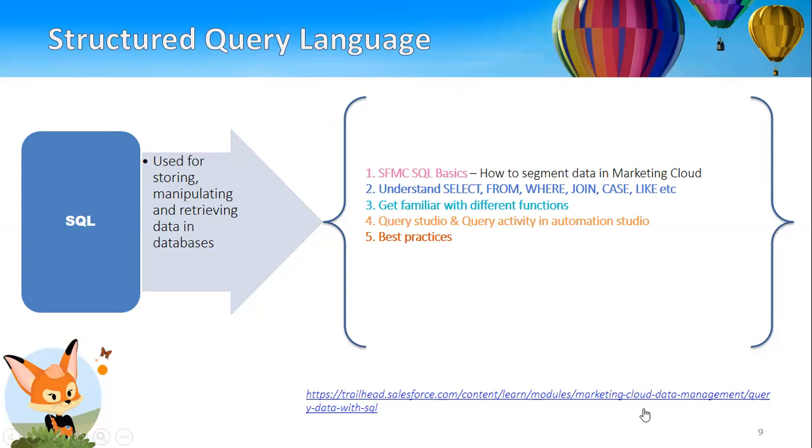Then RDBMS, the short form for Relational Database Management System, manages a collection of tables in which all relationships are represented by common values in related tables. Say I took the example of customer and purchase tables. In the customer table, you have a customer ID. Similarly, in purchase you might also have a customer ID field, which is the common field in both tables. Then you can link those two tables with that value. So that is how you can make use of SQL.